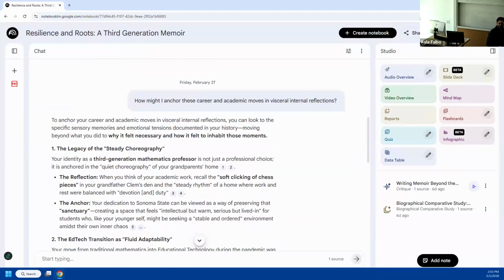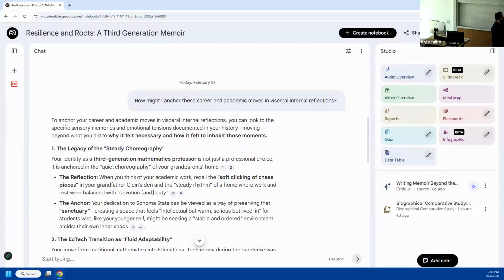So how can I make this sound more personal and not like a timeline? I can just ask questions like that. Okay, so to anchor your career and academic moves, you can look into the specific sensory memories and emotional tensions documented in your history, moving beyond what you did and why it felt necessary to how it felt at those moments, right? So it's going now into the details.